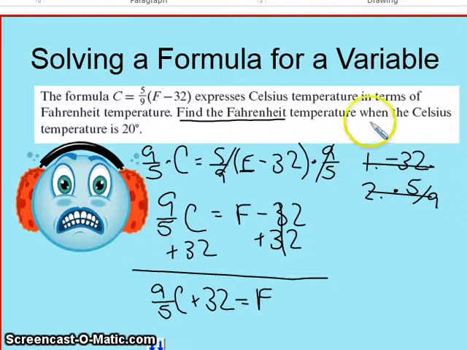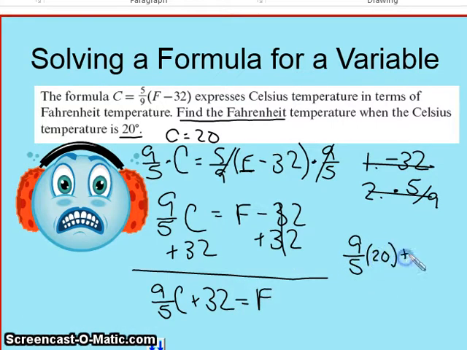So we want to find the Fahrenheit temperature when the Celsius temperature is 20 degrees. So that means C equals 20. So I'm going to plug 20 in right here for C to find the Fahrenheit temperature. So I have 9/5 times C, which is 20, plus 32 equals my Fahrenheit temperature. Now 9/5 times 20, 9 times 20 is 180, and 180 divided by 5 is going to give me